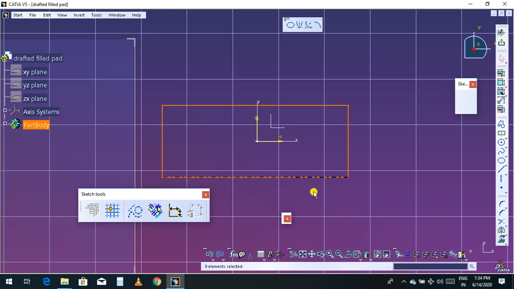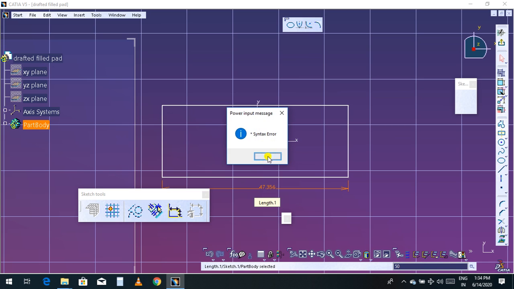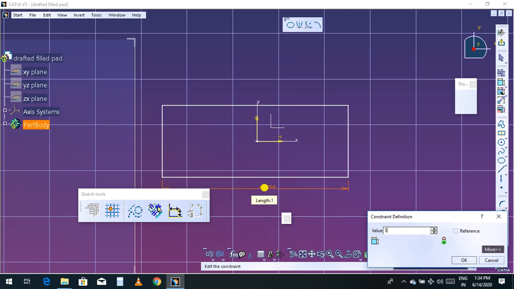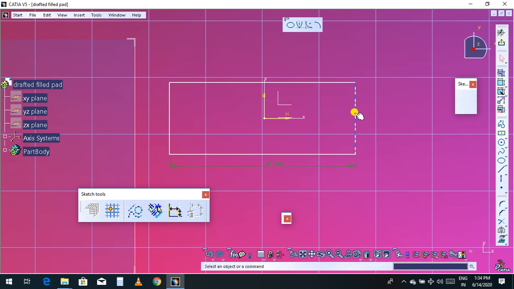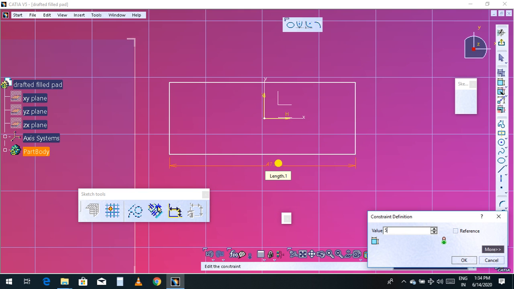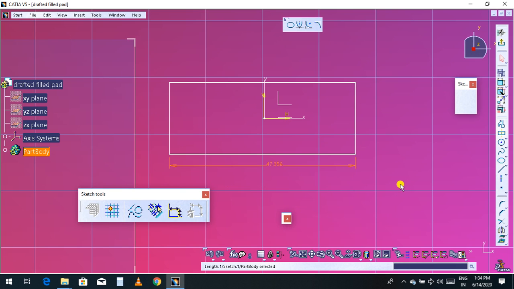Then you can give constraints to all by selecting auto constraint. It will give all the constraints, all the length dimensions, or else you can choose constraints one by one. So you can give a dimension. I'll take it as 50 mm. I have given 50 mm initially, but this is not fixed, so the region is moving down and changing position. Once you fix this sketch, for the fixed purpose, what you have to do,